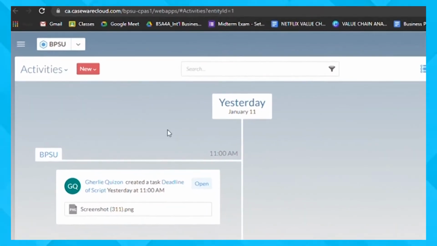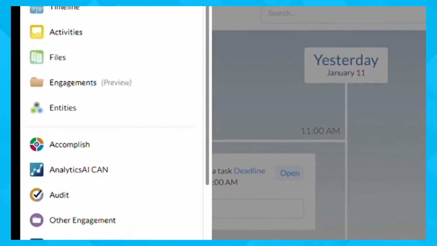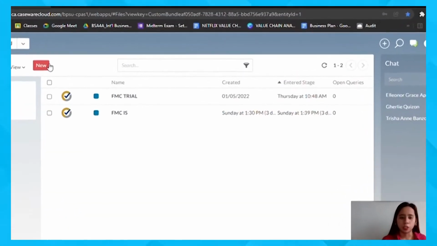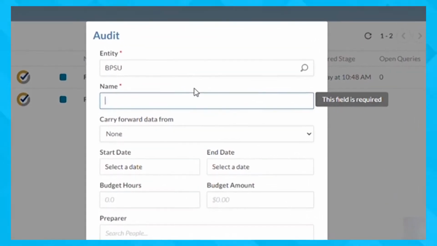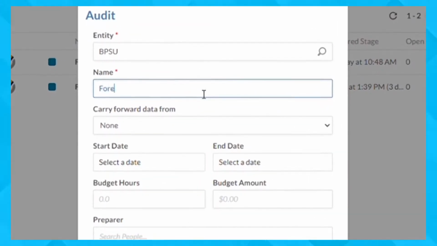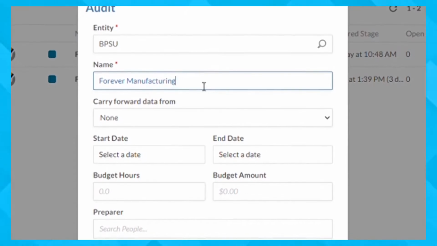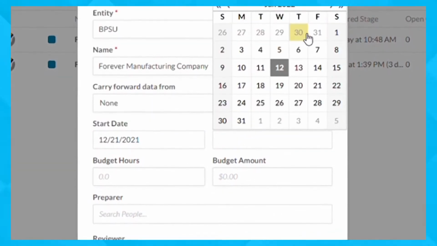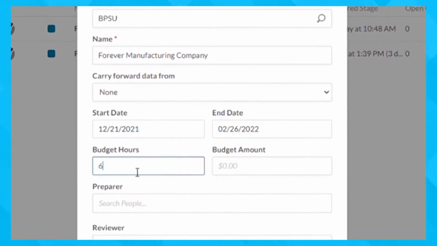So, paano tayo gagawa ng audit engagement file? So, from the cloud menu, select audit. Then, select the new button. The audit dialog appears. So, you can now choose your client entity and then enter a name for the engagement file. Select a start date and end date for your engagement, as well as yung budget hours and amount for your